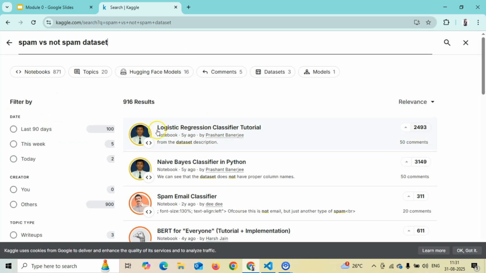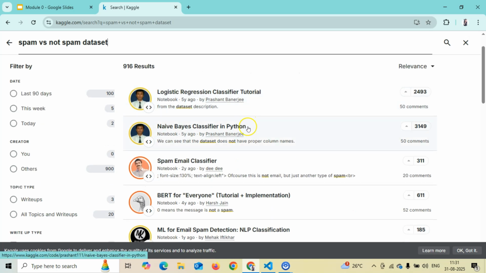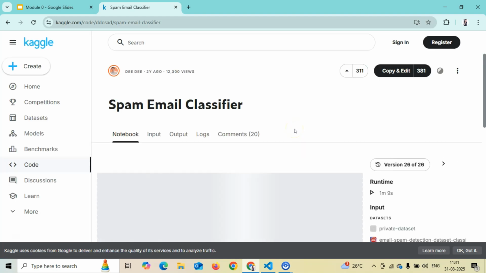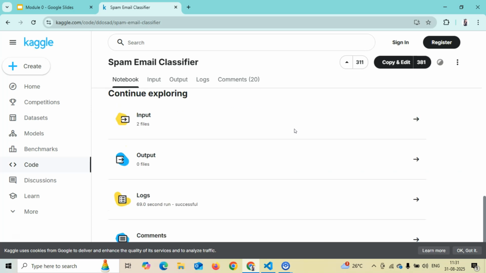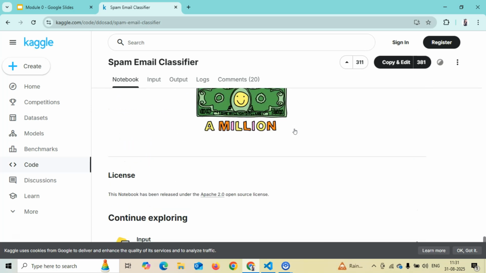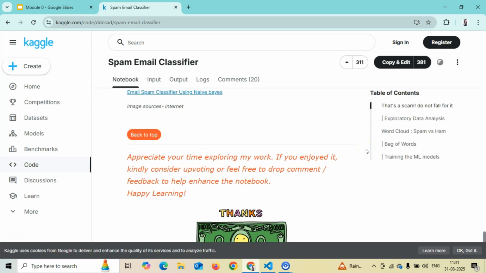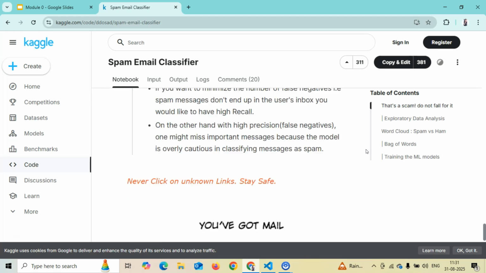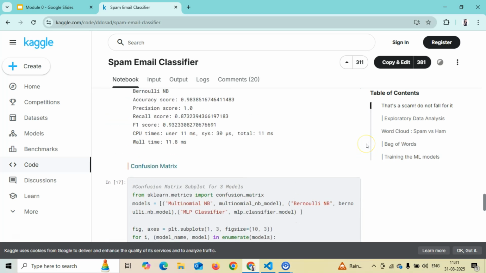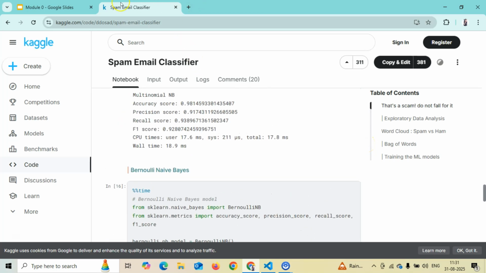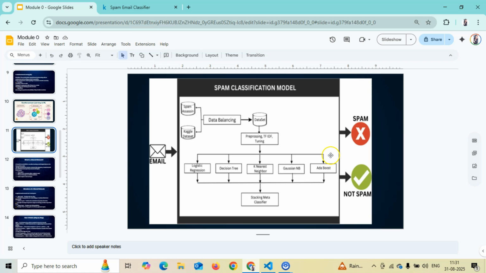So I'm searching for this. See, I have naive Bayes classifier. Let me search for email spam email classifier. Now here I will get a data set. Right now I have not signed in, because of that I'm not getting that, but you will be getting a data set which you are able to download. You can simply click on that download option and download the data set that is available for you. In this way, you will be able to get the data set where you can work.